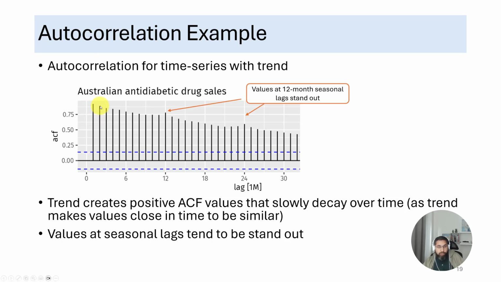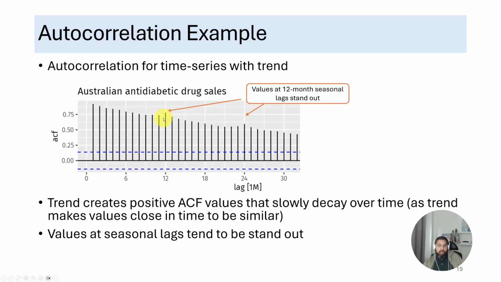So R2, when you have a 2-month lag, the relationship is weaker, but it's there, and R3 is weaker and there and slowly weakens over time. And then you see a spike at R12. That shows you that when you go back 12 months, you're in the same month of the last year. So if I am in March and I go back 12 months, I'm in March of last year. So the sales in March of this year are more related to sales in March of last year than they are to sales in February or April, the months around March of last year. Okay, so this is an indication of seasonality.